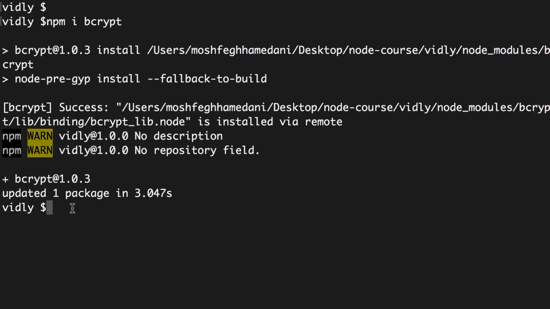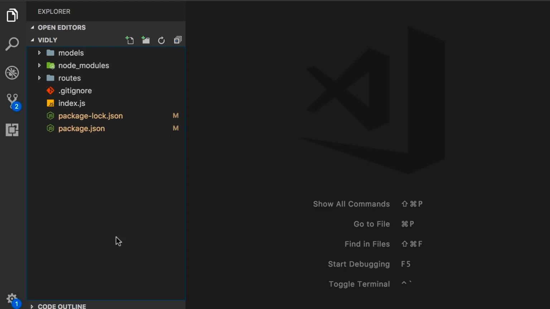So note the version that I'm using. That's version 1.0.3. Now here I'm going to create a playground file, so you learn how to work with this bcrypt library, and then we're going to take that code and put it in a route for hashing the password of new users. So let's create a new file,